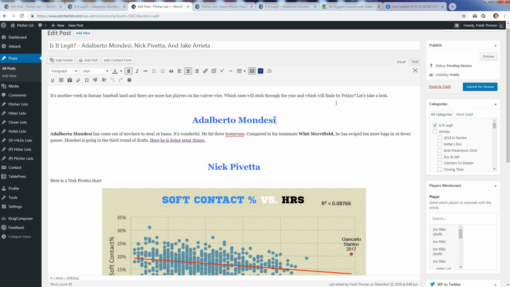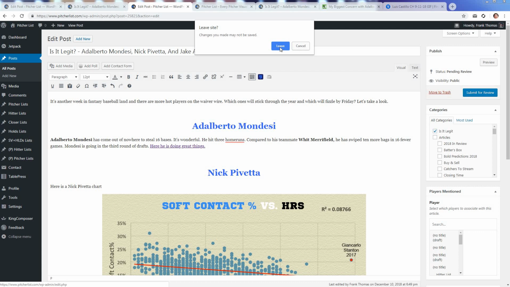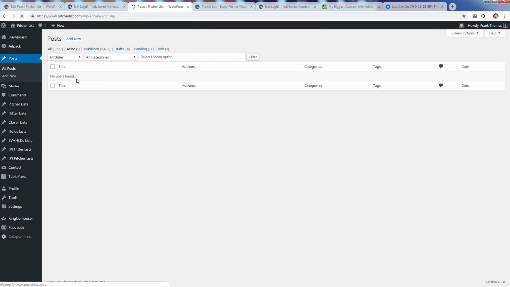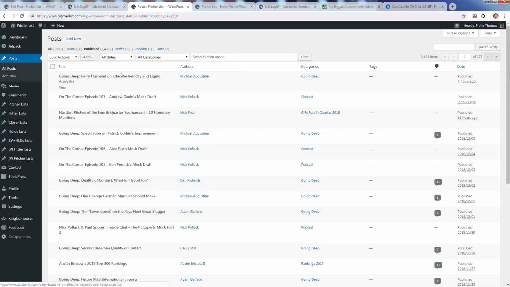Now, let's say you've written this article multiple times and you want to create it new again. This is the last thing that I want to go over. It's incredibly helpful. We have a thing called cloning articles. So I'm gonna leave this. I don't care about this anymore. Okay. Let's see. Can I do it here? I hope so. No, I can't because it's not published. Oh, this is annoying. If I had a published article,